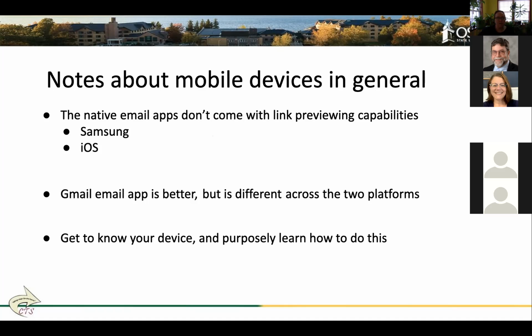It would have been an interesting research point to find out what percentage of people actually viewed the phishing email on their mobile device versus a desktop browser, and then what subsets of each actually clicked the link and then put in their credentials. It would have made education a bit more valuable, because we could have targeted certain things for certain groups, or created content for certain things. But it's a bit tricky to do those kinds of things when you're just getting started with a program. But it would have been nice to know that information, because then we could have looked also to see,